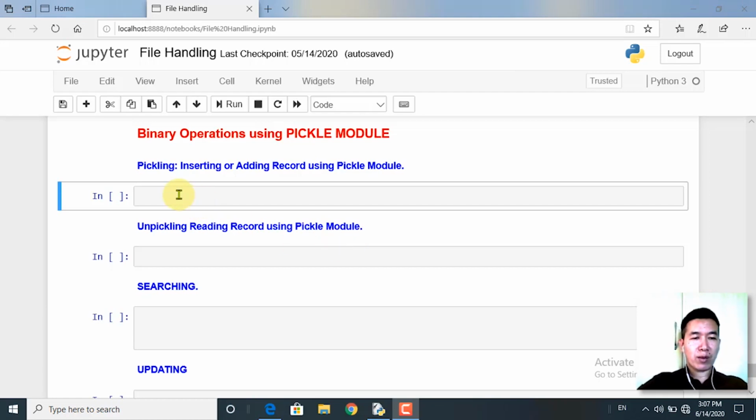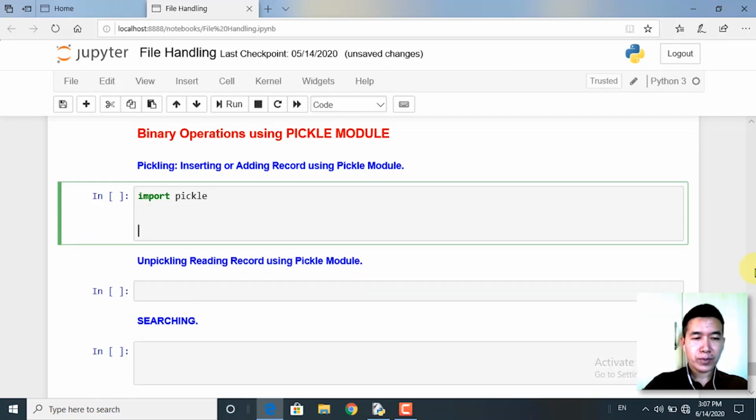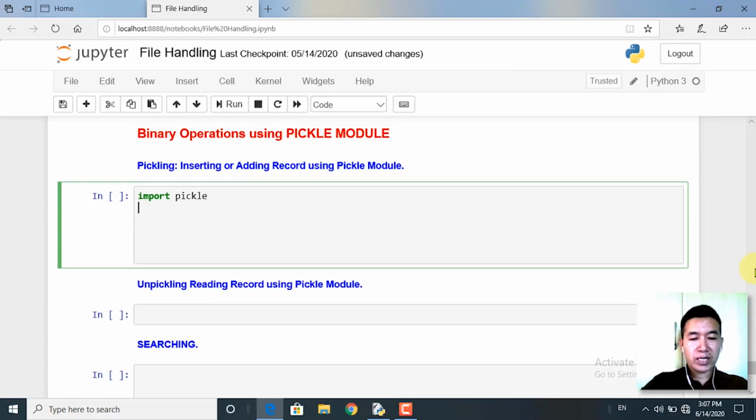The first program of today's session is inserting or adding a record using the pickle module. I've explained the logic behind both the programs in the last video, but for the sake of connectivity of the first two programs with the later three programs, I'll do this real quick. And for you also, it will be a kind of visual revision. So first things first, let's import the module by the name of pickle. I'll make some spaces and then followed by